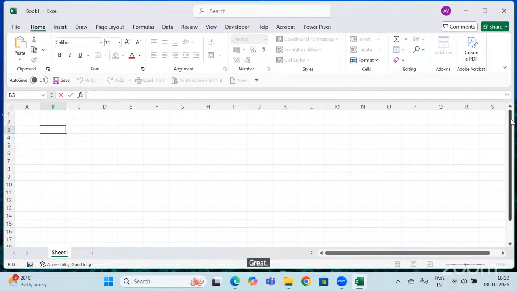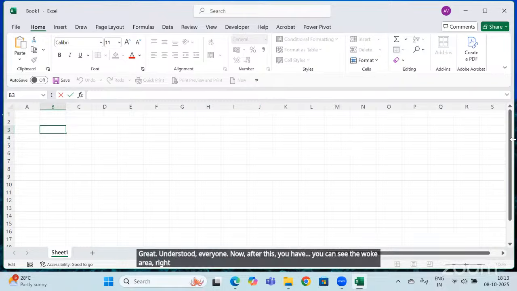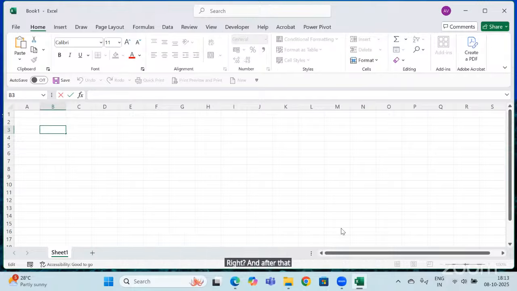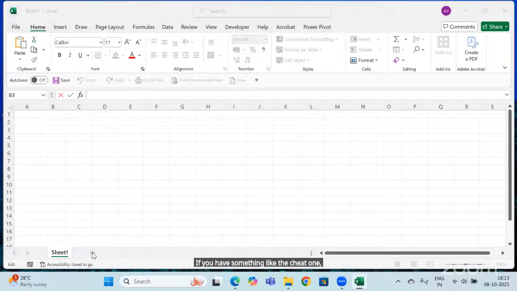Understood, everyone? Now, after this, you can see the work area, where you work and put the structured data in the form of rows and columns. After that, you can see something like Sheet1 with a plus sign. It's like a notebook. As you have used notebooks your whole school life, you can see a notebook has so many pages.